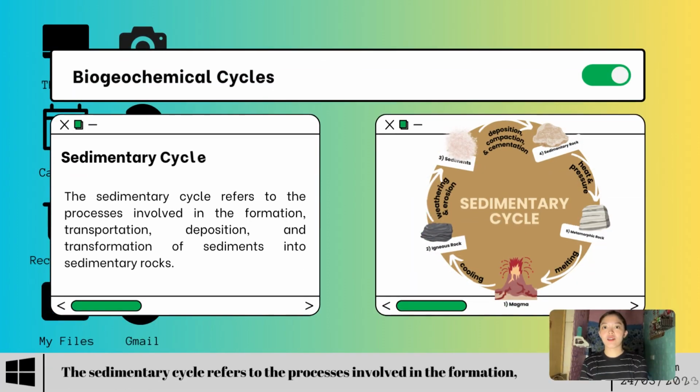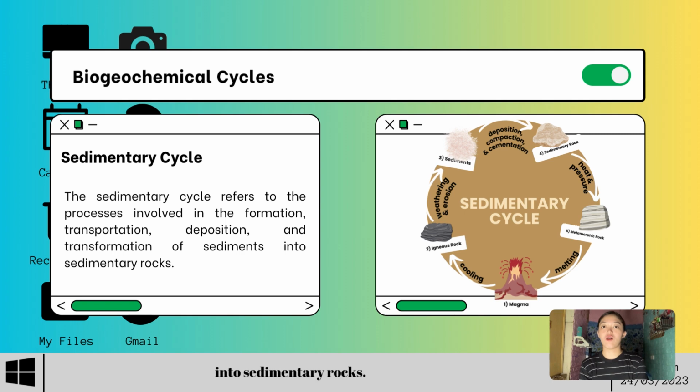The sedimentary cycle refers to the process involved in the formation, transportation, deposition, and transformation of sediments into sedimentary rocks. It starts with the weathering and erosion of existing rocks, which produce sediments that can be transported and deposited in a new location. Over time, these sediments can become compacted and cemented together to form sedimentary rocks. Sedimentary rocks can also be subjected to further transformation through processes such as diagenesis and lithification. The sedimentary cycle is an important part of the larger rock cycle and plays a significant role in the formation